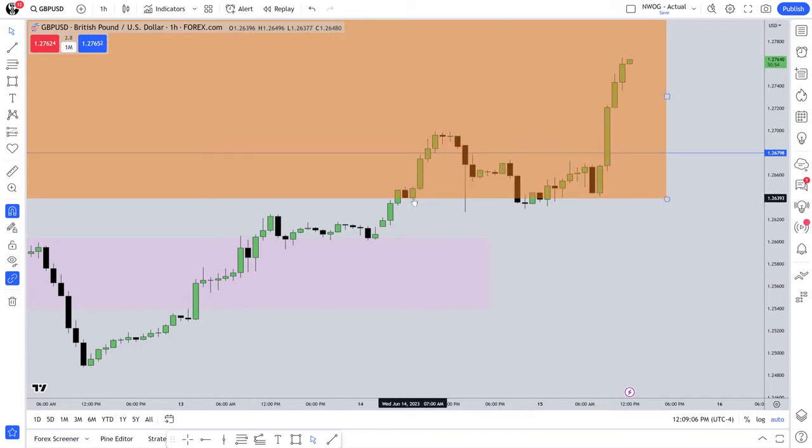When you start seeing moves form and they respect these higher time frame inefficiencies, or areas where a real gap would be, we're not talking about new week opening gaps today. We're not talking about new day opening gaps, by the way, in case you're wondering. But we're working with higher time frame weekly and daily inefficiencies. And this is the real support and resistance that you're looking for.